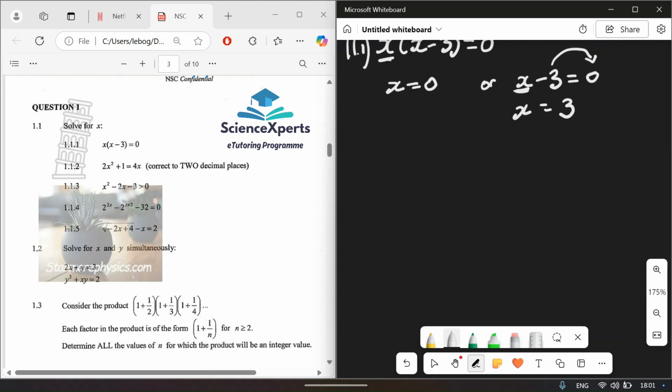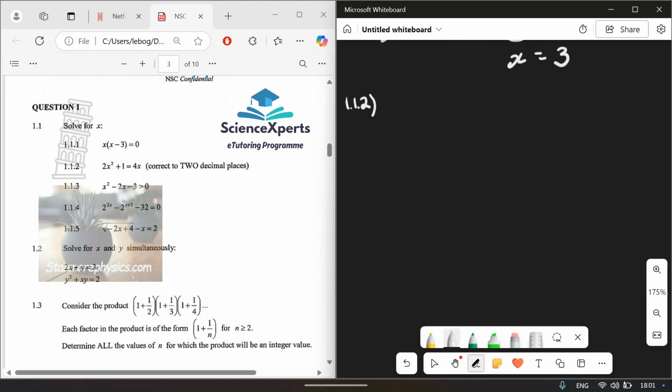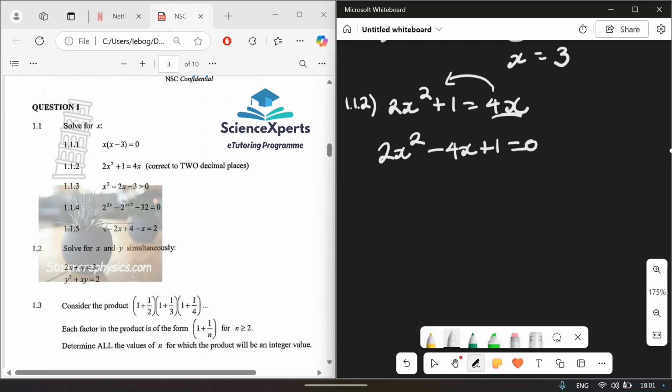Let's move on to the next question, 1.1.2. It says solve for x if 2x squared plus 1 is equal to 4x, and it says we should round off to 2 decimal places. So what we will do is start by transposing this to that side. Then we will have 2x squared minus 4x plus 1 is equal to 0, right? Then we're going to use the quadratic formula here, because x is equal to negative b plus or minus the square root of